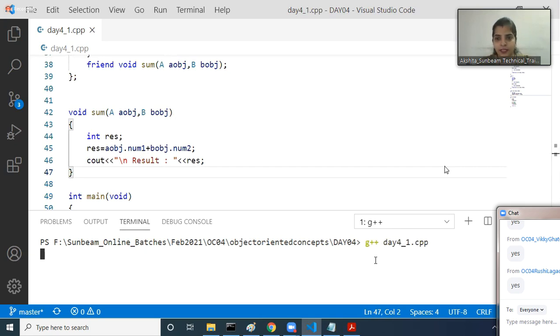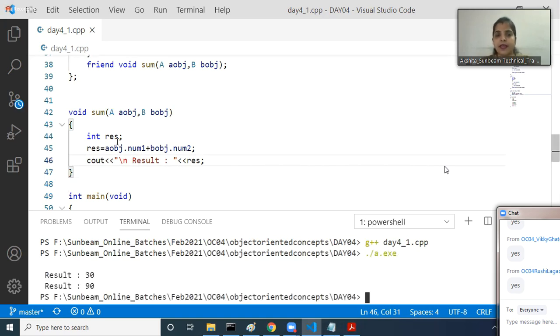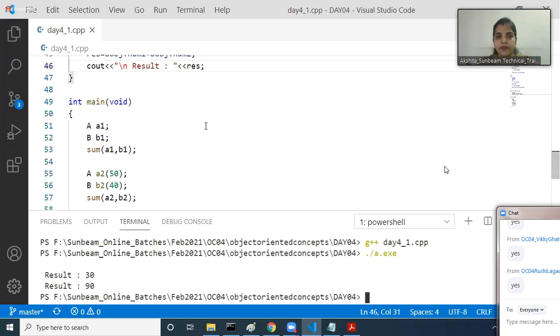So with the help of the friend keyword, you can access the private data members of the class directly, right? Let us try to execute. Am I getting the result correctly? Have you understood now? So if you want to access any field or any private data member,